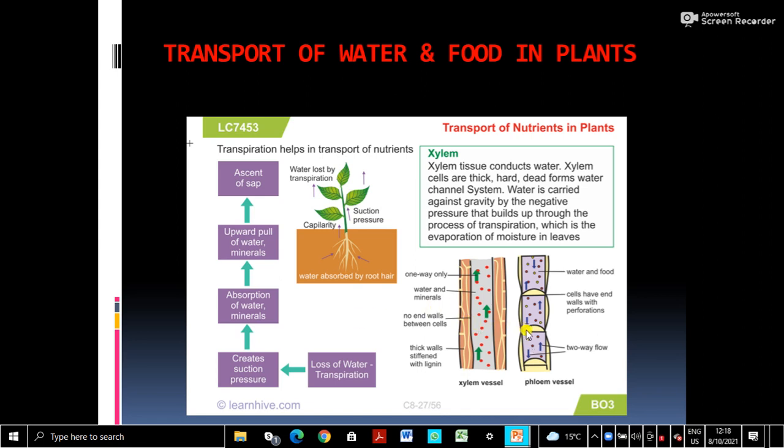And let us see the phloem transport. See, phloem transport is bidirectional, I said. Food is synthesized in the leaves, and phloem cells have sieve tubes and companion cells, all that structure we have learnt last year. The cells have end walls with perforations through which the food is sieved. Food moves downwards up to the roots, downward transport, or upwards also. So phloem transport is bidirectional.